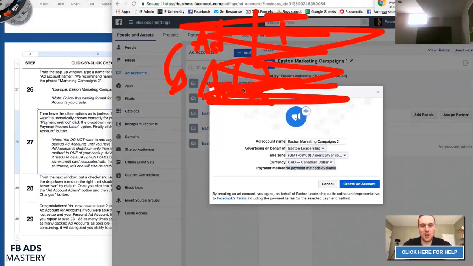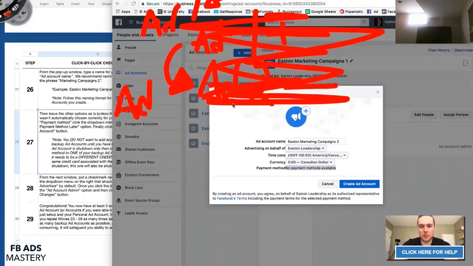So we only want to add billing info to our main ad account, and then the rest of them that we're creating, we want to be blank, and we only want to add billing info if our main ad account gets shut down. Okay. And another note, this is very important to keep in mind, is you never want to add billing info that's been associated with a banned account. So when and if your ad account number 1 does get shut down, whatever billing info you entered at this account, it cannot be the same billing info that you enter in ad account 2. Okay, you need to use another debit or credit card.